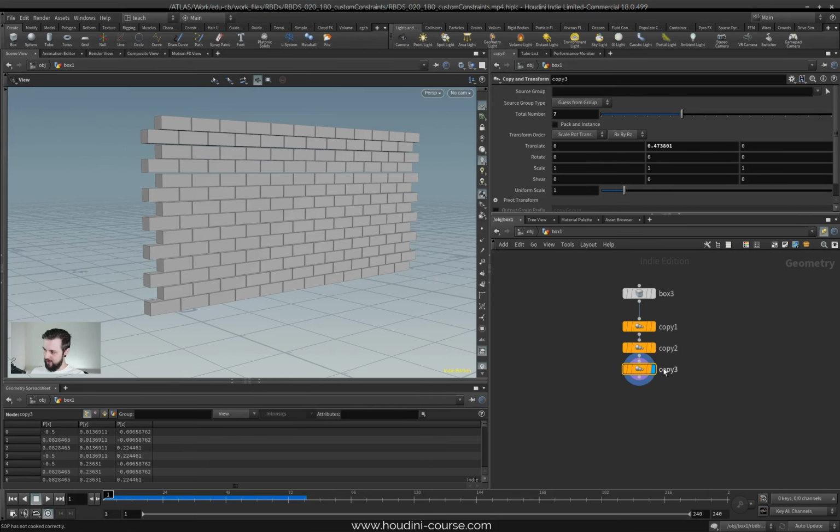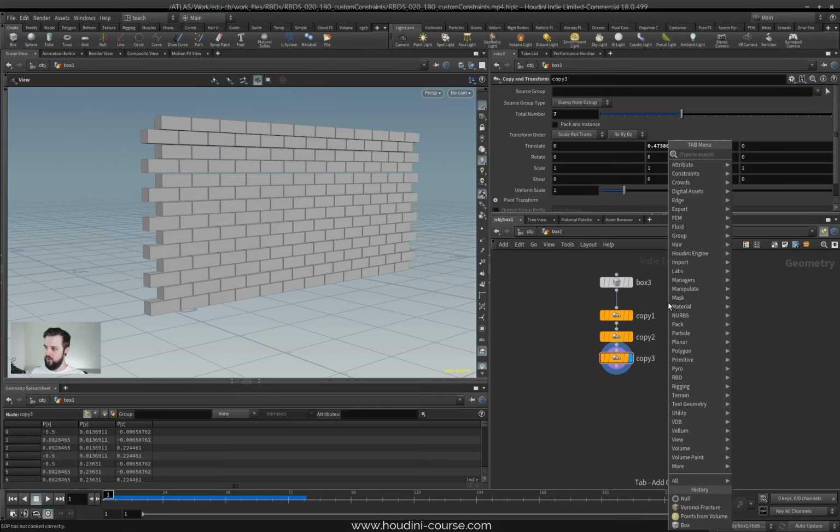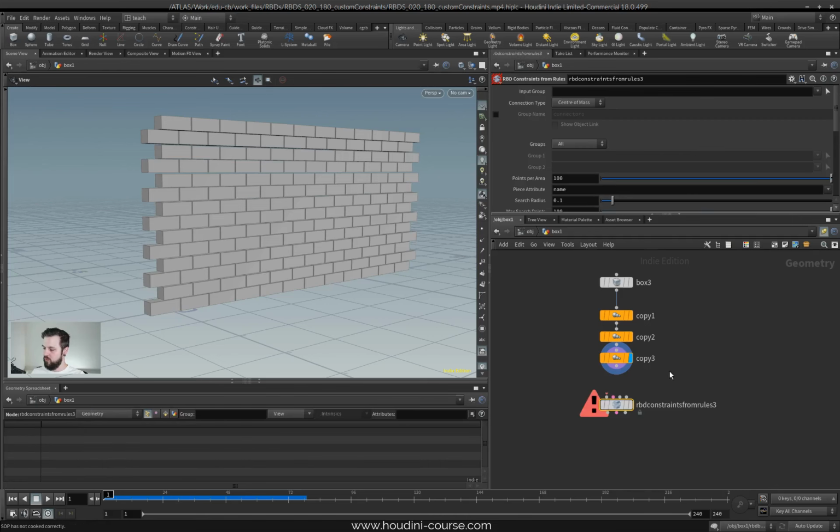Well, there is a node that helps us with that. When you type in RBD constraint, you get a couple of RBD constraints from nodes. There is RBD constraints from curves, RBD constraints from lines, and RBD constraints from rules. I decided not to explain the RBD constraints from curves and from lines. You can have a look at that yourself. But I found in most cases you use RBD constraints from rules, and this is what we mainly want to